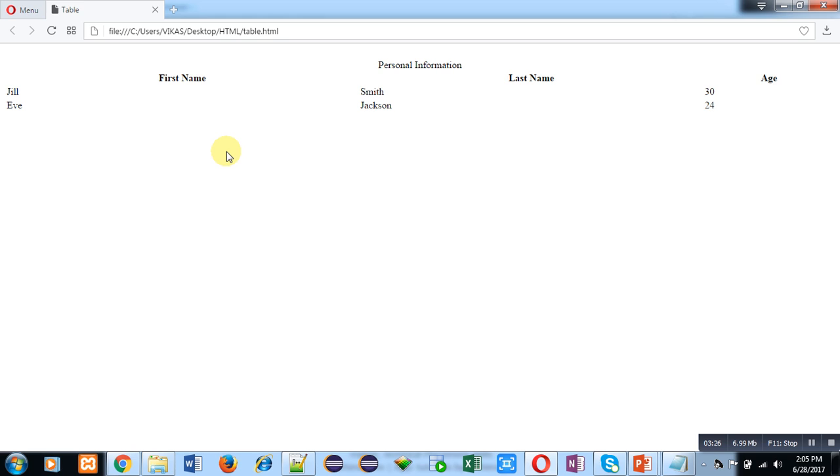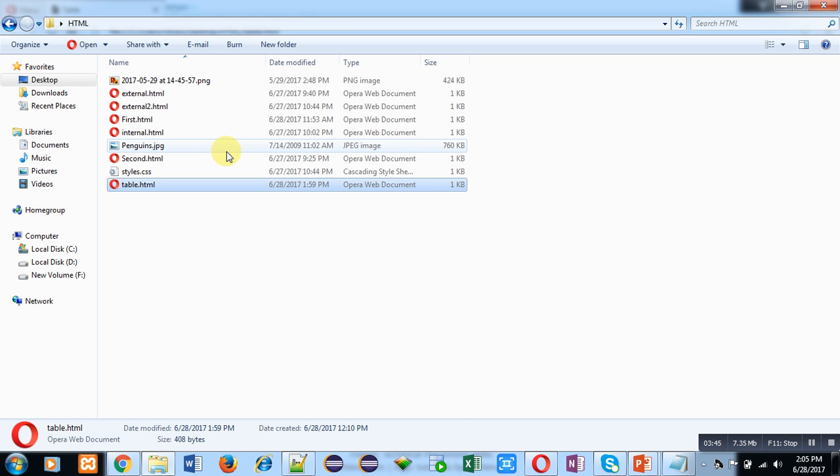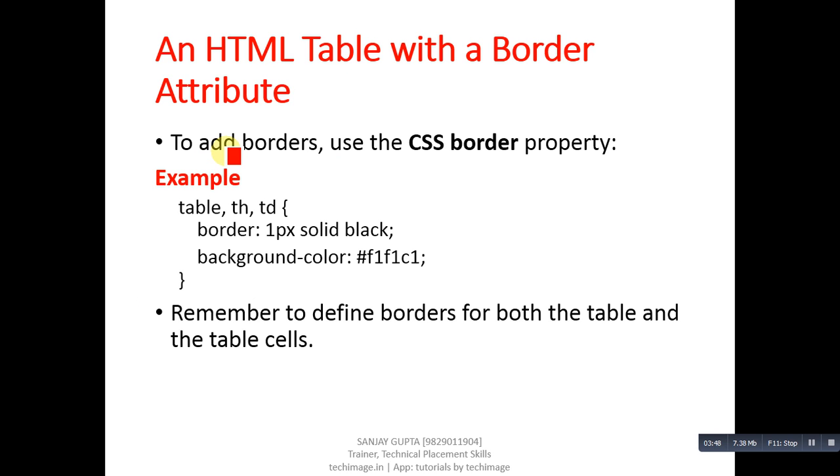Right now borders are not available around the table. So if you implement table tag with tr and th and td tags, then borders are not available. If you want to apply borders, then you have to implement css for that. So now I am going to tell you how you can apply borders in table. So this is the css which you have to implement in your HTML tag so that table borders can be applied. So table, th and td, these 3 tags are used here.